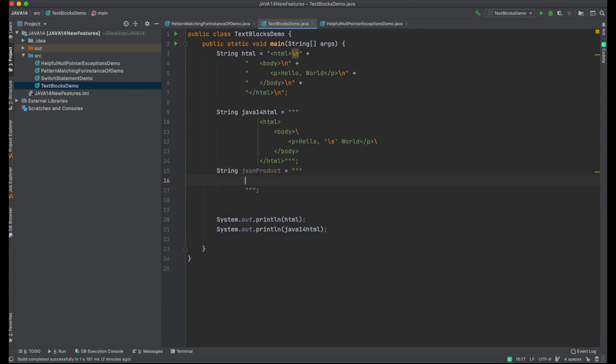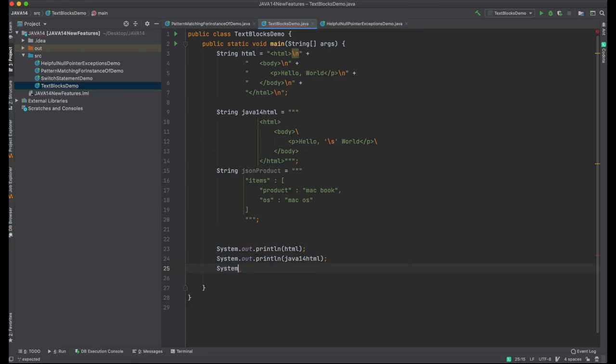Let's write one sample JSON string: items, product, MacBook, OS, Mac OS, System.out.println, JSON product. Now let's run it.